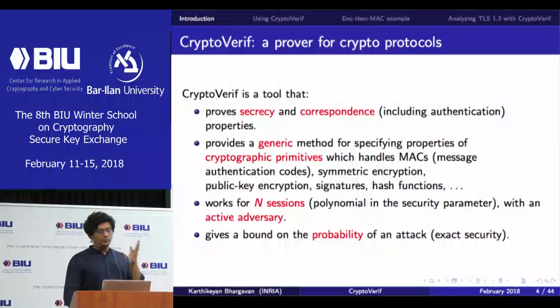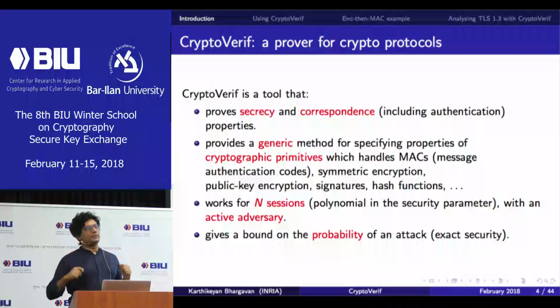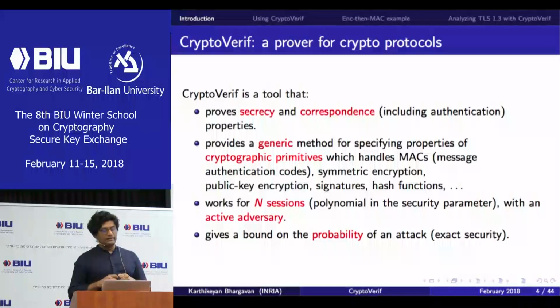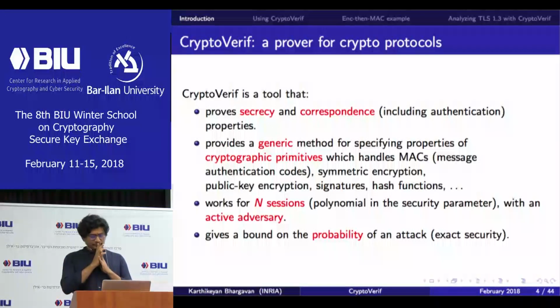So CryptoVerif is a prover that will allow us to do this, and we're going to see how this works. It can prove secrecy and authentication properties. It has a way by which you can plug in various kinds of assumptions. So if you want to write some weird new Diffie-Hellman assumption, you should be able to code it up in CryptoVerif. And then you can write your protocols like we wrote in ProVerif, the exact same style, in a very similar syntax. And then you can try to prove that the protocol works,